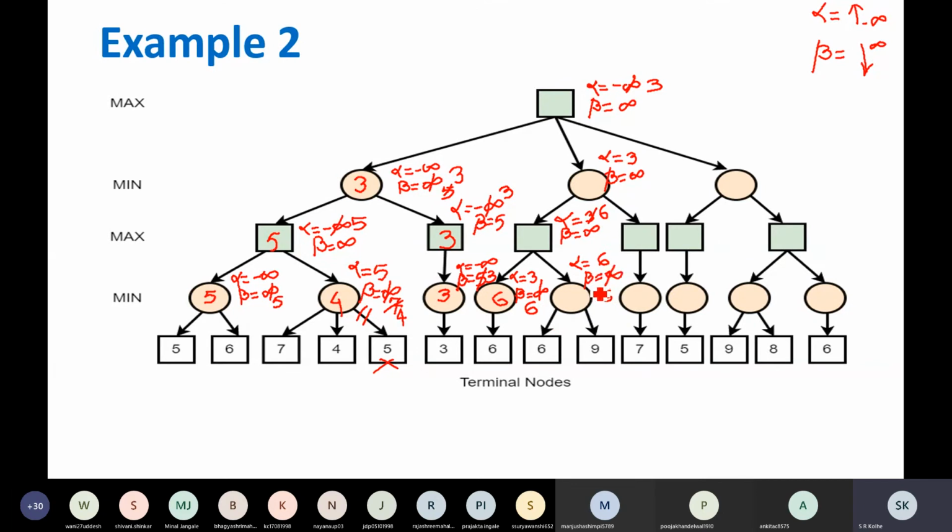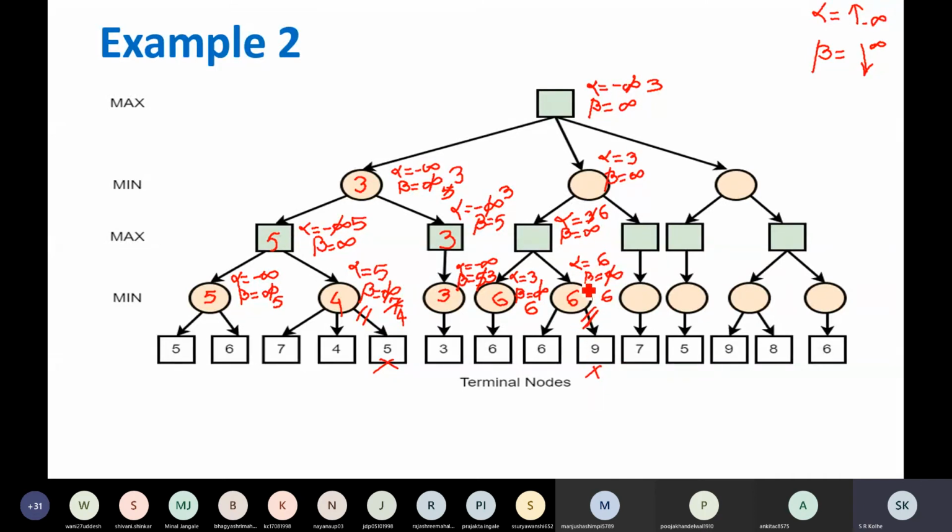Now alpha is 6 and beta is 6. Same situation we are in. Alpha is greater than or equal to beta. Now since this is the case, what should I do? Pruning. So alpha pruning will take place. You need not go down. The value of this node will be 6. So this you need not evaluate.